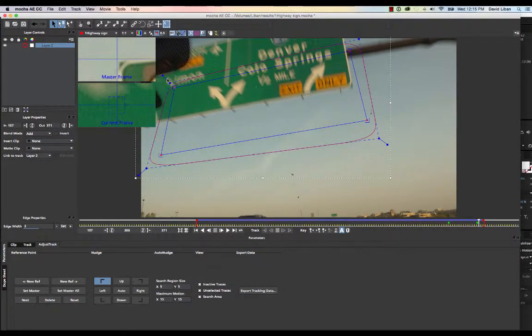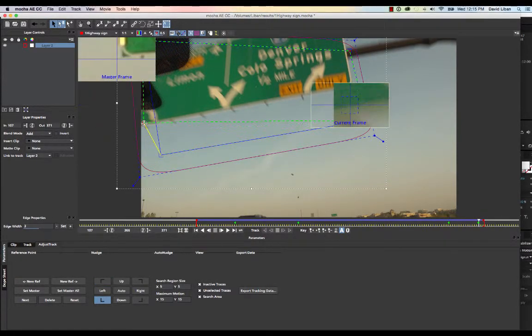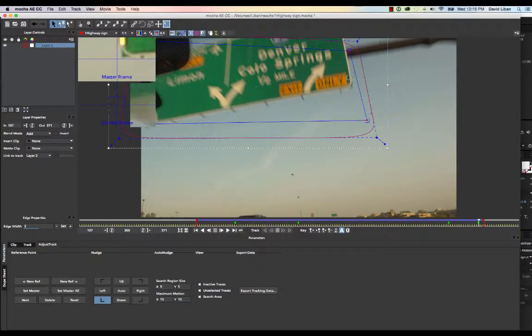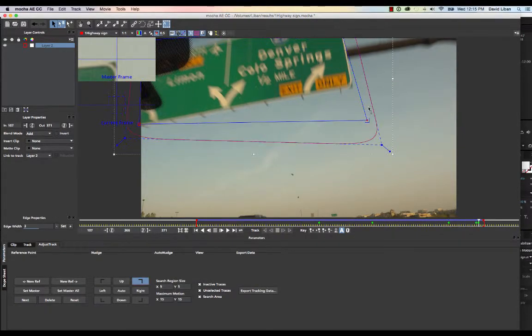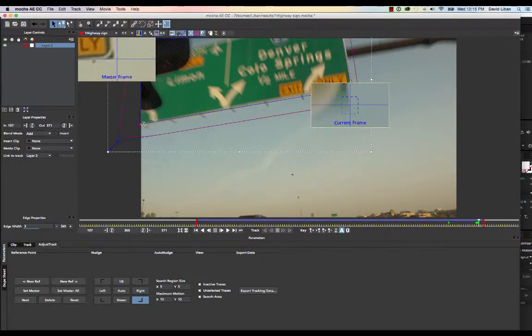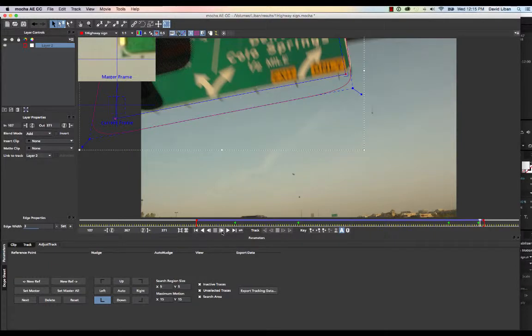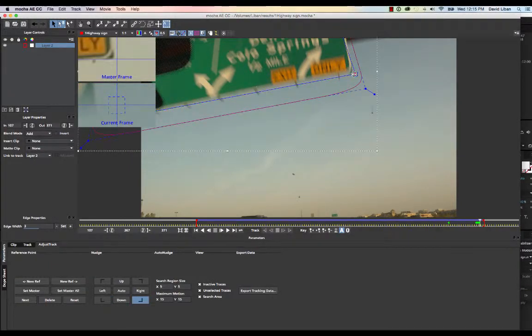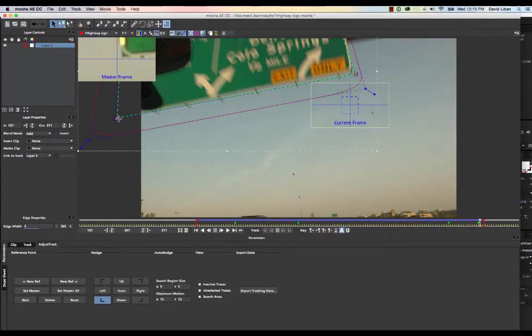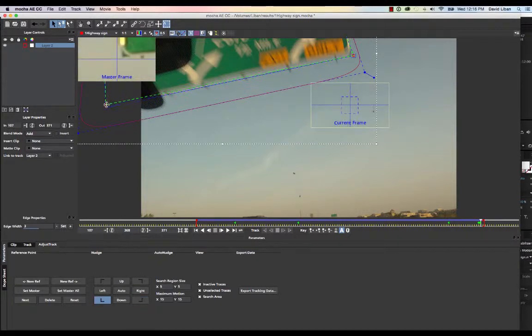Way off here, so obviously we got an issue we got to deal with. Let's start with the top one. And we'll go another frame. We probably don't have to go very far here now. And when I go one more frame, let's go over here, move that one over here, move that one over,